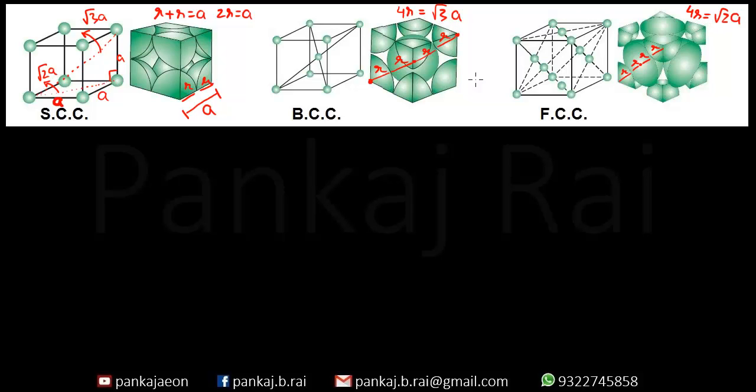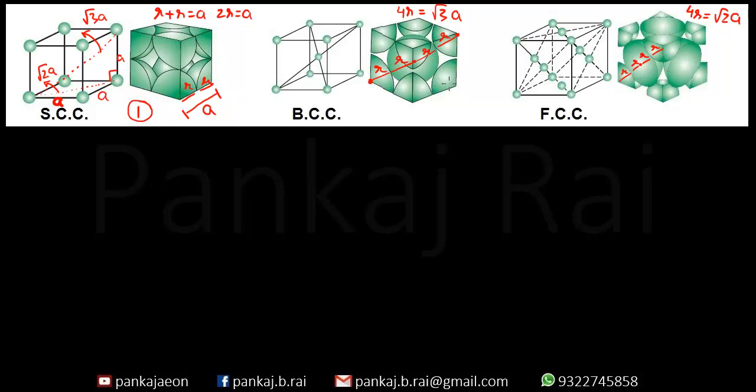Along with this, there is one more thing which you have to remember, the total number of atoms in a unit cell. Now see, in simple cubic there are 8 atoms at the corner, but the corner atom is shared between 8 unit cells. So only 1/8 of one atom is inside this unit cell. Now there are 8 atoms at the corners, and this unit cell is receiving 1/8 of each. So 1/8 of 8 atoms. So effectively the SCC has 1 atom.